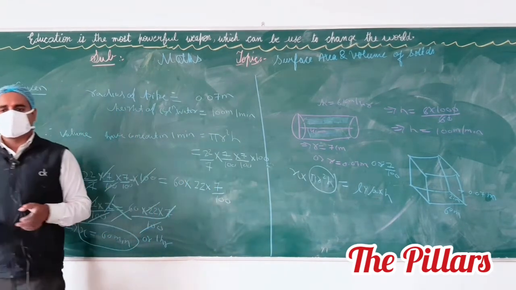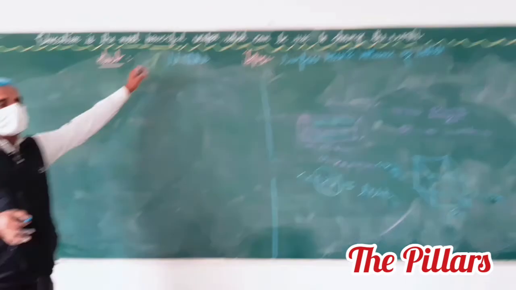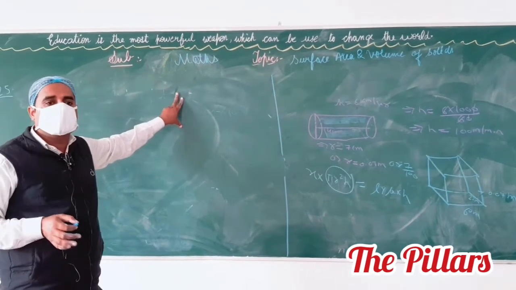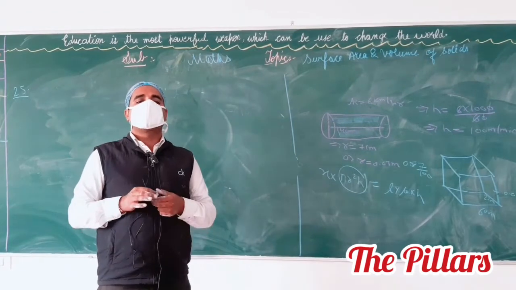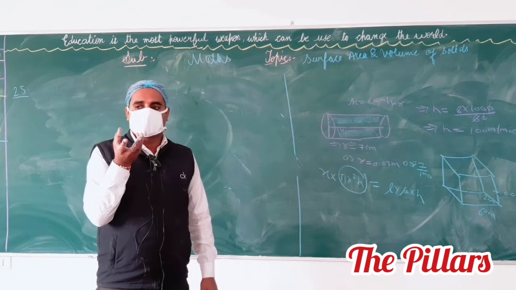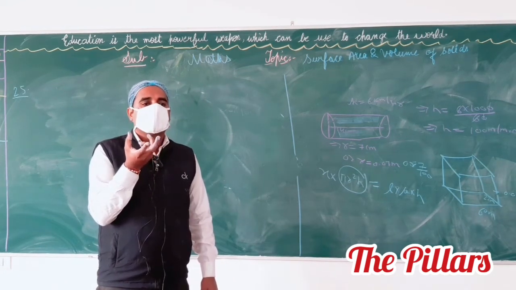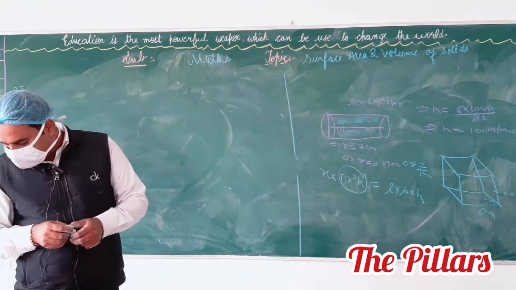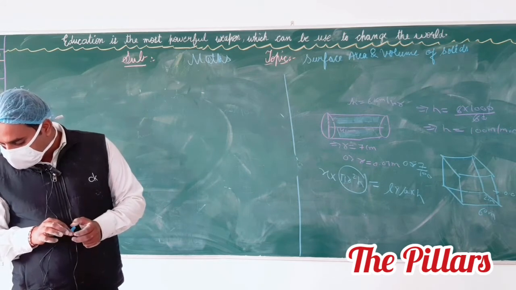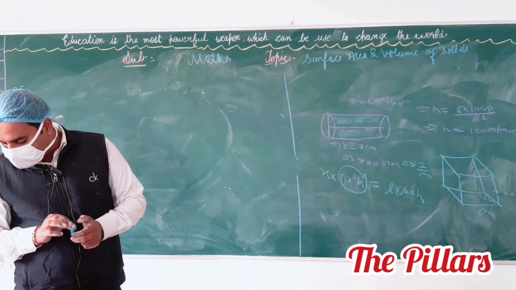Anyone have any problem in this question? 50 marbles, each of diameter 1.4 cm. You see that only the marbles' diameter is given. It means the shape of the marble is spherical, a sphere, you have to say that. If only the diameter is given, which type of shape do we have? Sphere it is. The question says they are dropped in a cylindrical vessel of diameter 7 cm containing some water, and they are completely immersed in water. Find the rise in the level of water in the vessel.